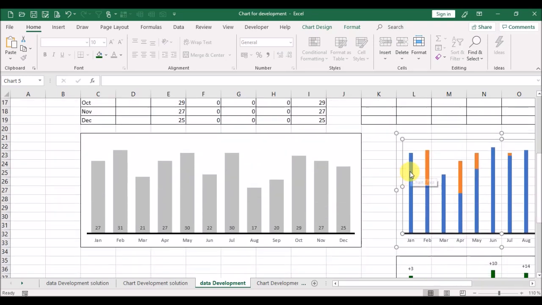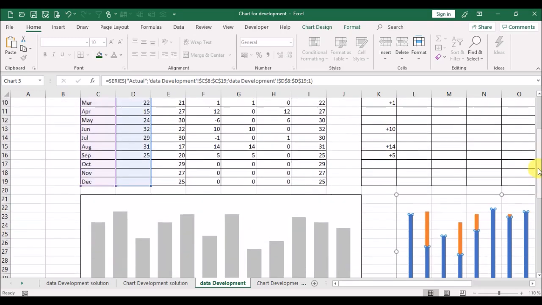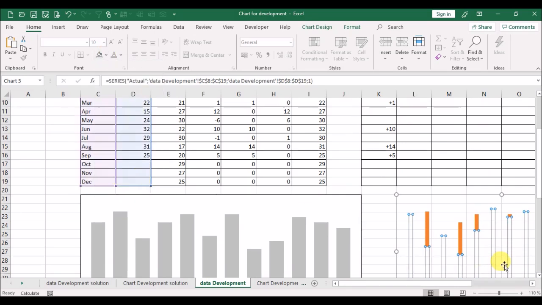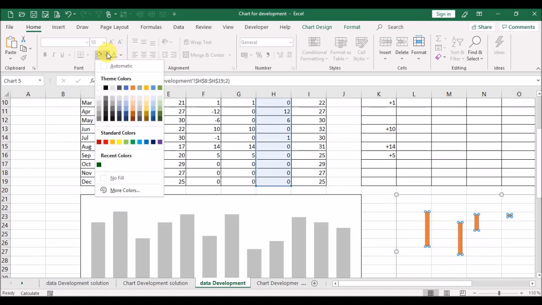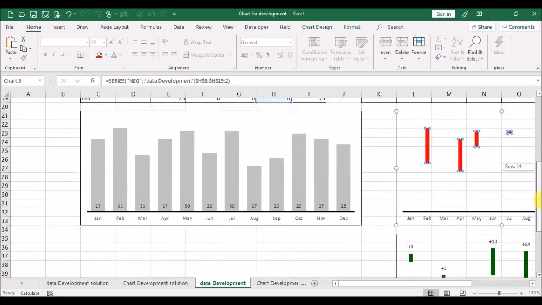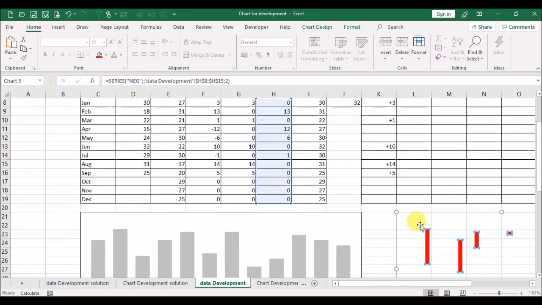So then we mark the actual values, go to the bucket, and we say no fill. We mark the negative values and select a red color, and then we need the serial numbers.